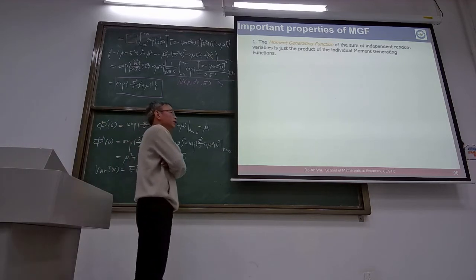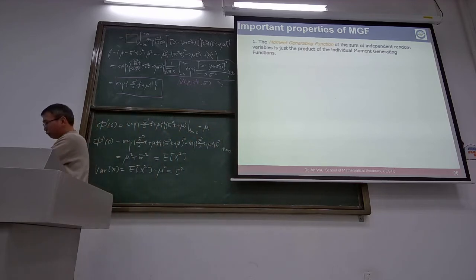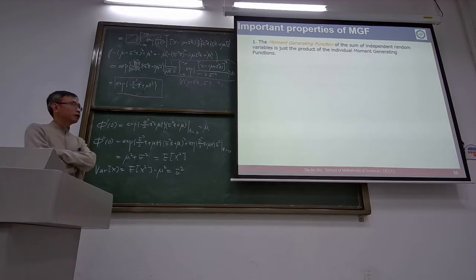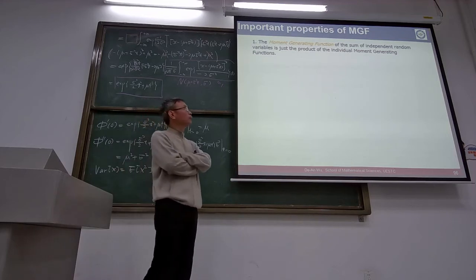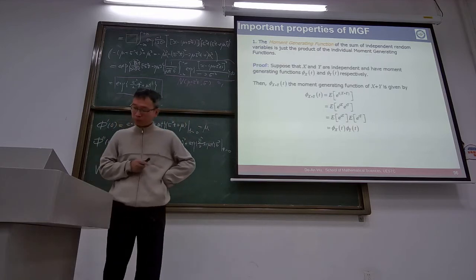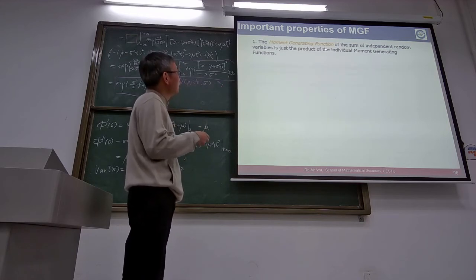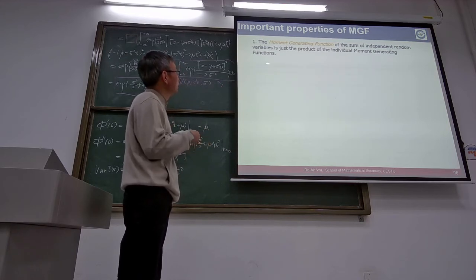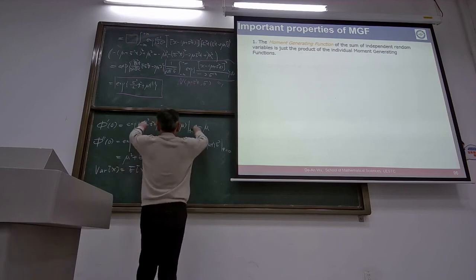After consideration of the moment generating functions of several important distributions, let's consider the important properties of the moment generating function. The first one: the moment generating function of the sum of independent random variables is just the product of the individual moment generating functions. That is to say,